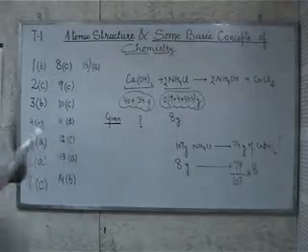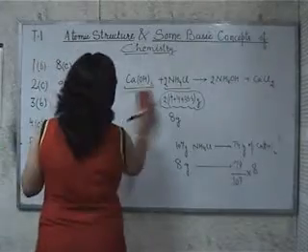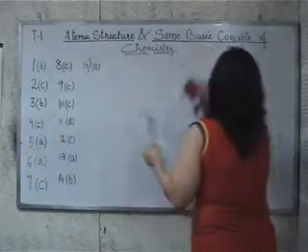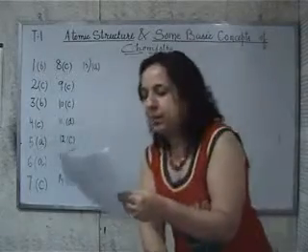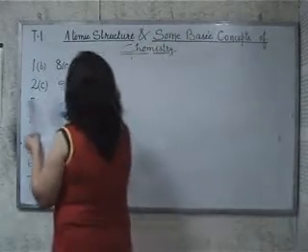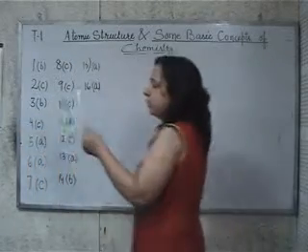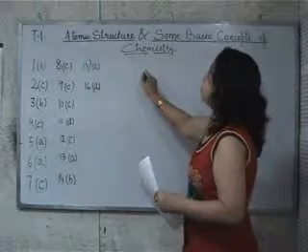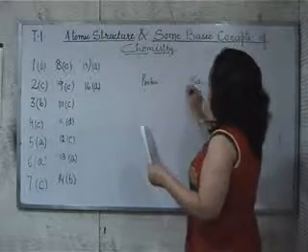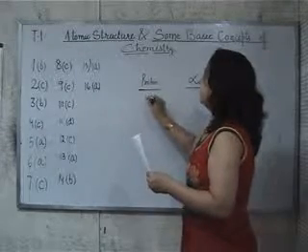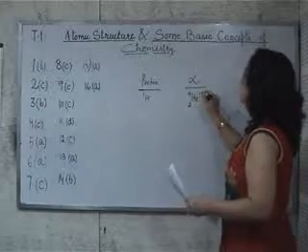The 16th question is related to the ratio of e by m, the charge by mass ratio. The option comes out to be A. Here, e by m value of proton is asked. One is a proton given to you, and another is an alpha particle. The proton symbol is H11. Alpha is helium 2 4, 2 positive.